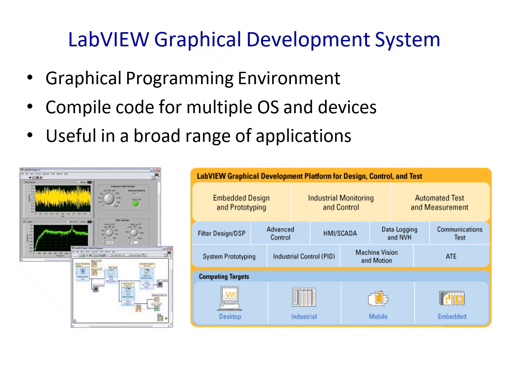So this diagram shows the LabVIEW software. It consists of two windows. The gray color indicates the front panel. The white color indicates the block diagram. LabVIEW is a graphical development platform for design, control, and test. This is the second diagram it indicates.